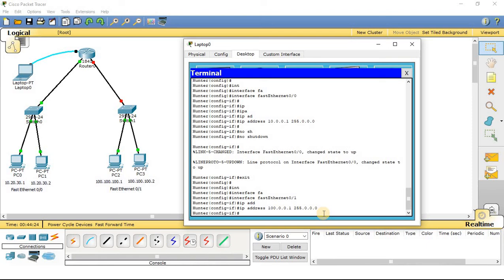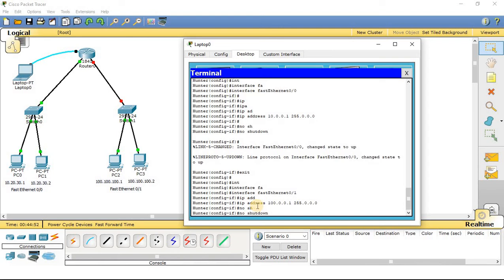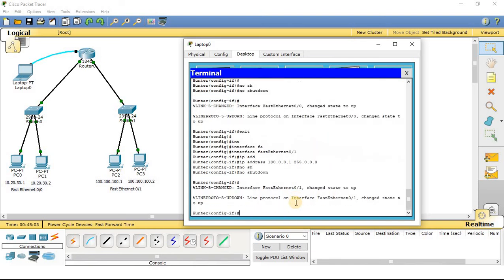So as I have told you that the port of the router, that is fast Ethernet 0/1, is shut down. So I have to run the no shutdown command to switch on this port. To switch on the port, I will write down the command no shutdown. So this particular command no shutdown will switch on this particular port, which is shut down by default. So let us press enter.